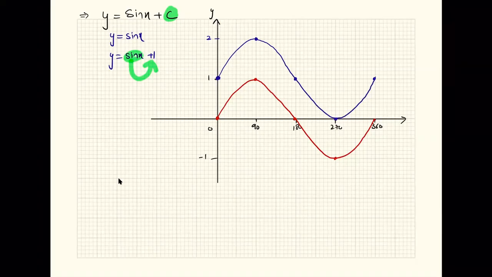So what you guys see now is this, ये प्रिंसिपल एक्सेस है, यानी कि एक्सेस ऑफ रोटेशन. इस इक्वेशन की लाइन है y इक्वल्स टू 1, यानी कि हॉरिजॉन्टल लाइन है y इक्वल्स टू 1. इसके अबाउट मेरा पूरा का पूरा sin x का ग्राफ ऑसिलेट कर रहा है, ठीक है. So the value of c can be identified. अगर मैं सिर्फ आपको ये ग्राफ देता हूँ, मैं आपको कहता हूँ इसकी इक्वेशन बताओ, तो सबसे पहले तो आपको शेप पता होना चाहिए कि ये sin x का ग्राफ है, ठीक है.